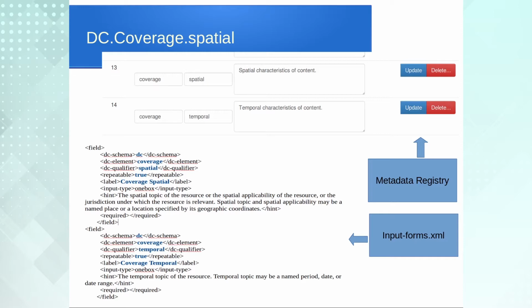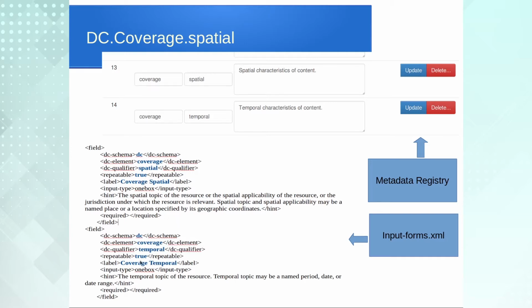In case of Dublin Core, as I said, Dublin Core provides dc.coverage, and dc.coverage can be dc.coverage.spatial and coverage.temporal. Temporal deals with the temporal characteristics of content, and coverage.spatial deals with the spatial characteristics of content. So here you can see how we are encoding a particular place name. Here the DC element is coverage, the refinement is spatial, and it's repeatable, any number of places you can enter. Similarly the 034 tag is also repeatable in MARC 21.